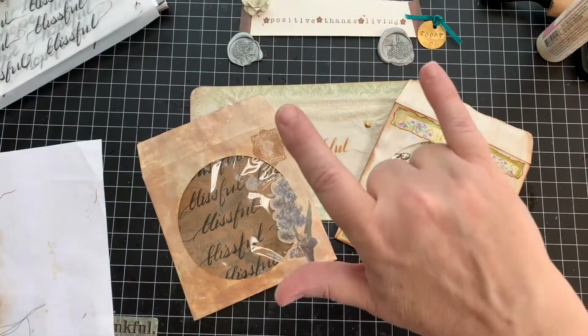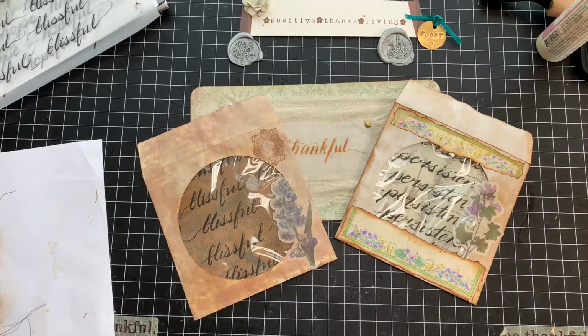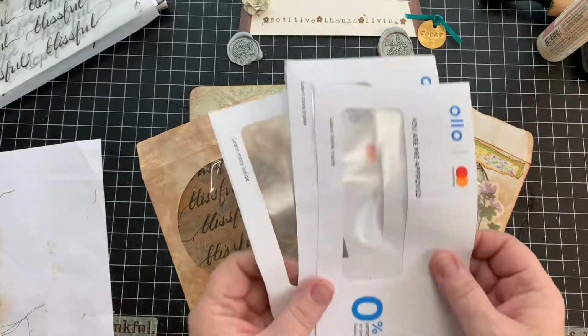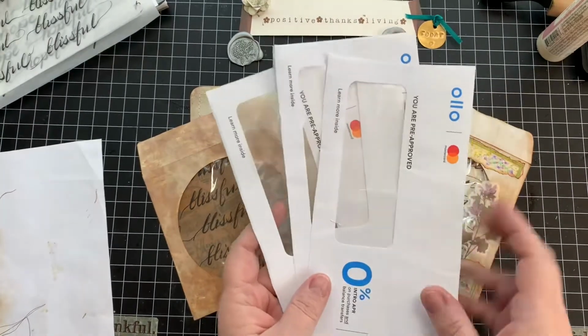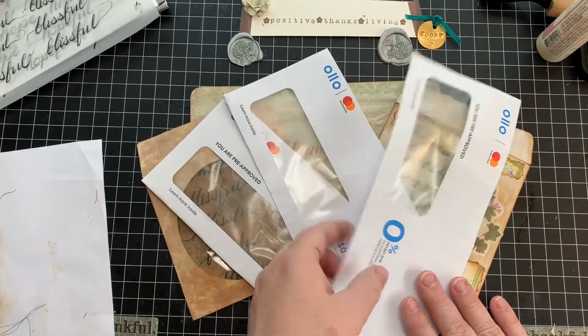Hi, it's Laura with Positive Thanks Living, and today we're going to do Roxy's weekly challenge, Rachel at Roxy Creations, using these envelopes. I've cut them open already,